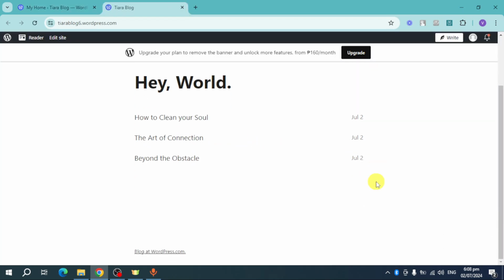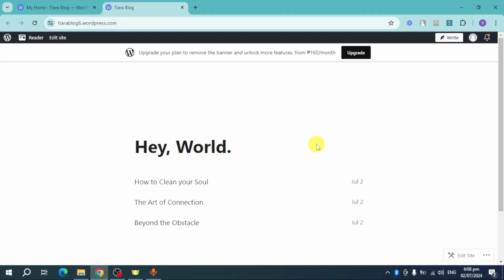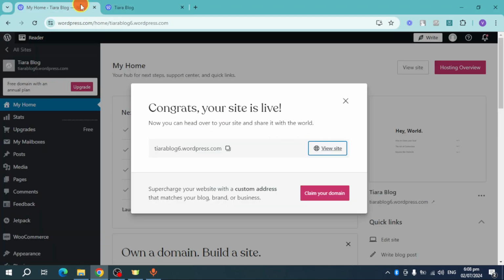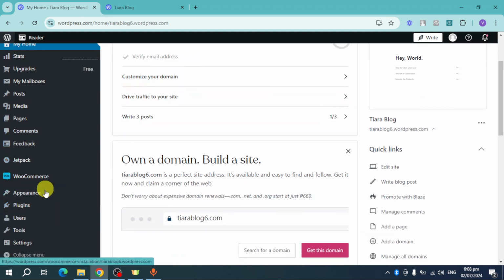So, this is your actual site. So, as you can see, it's really plain. So, you can head over and then edit it out however you want by just going to the appearance right here and then choosing themes, editor, customization, and the likes. So that's the whole